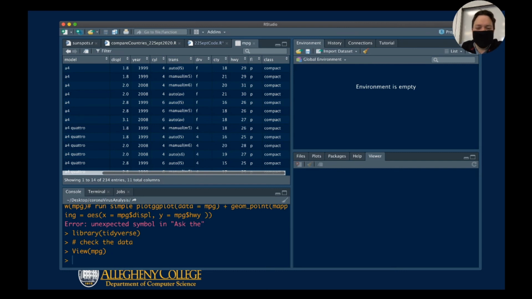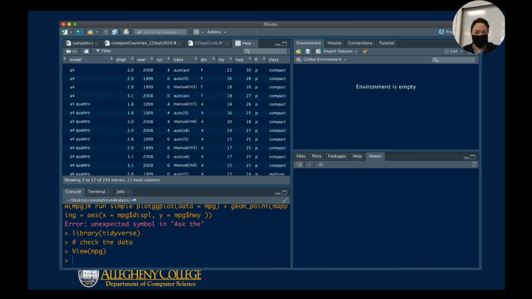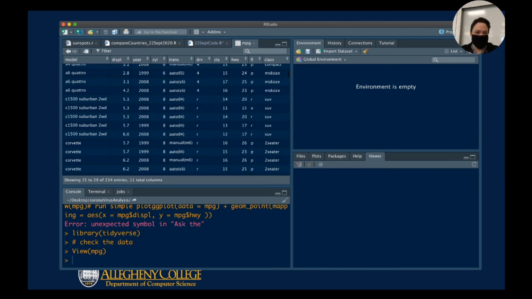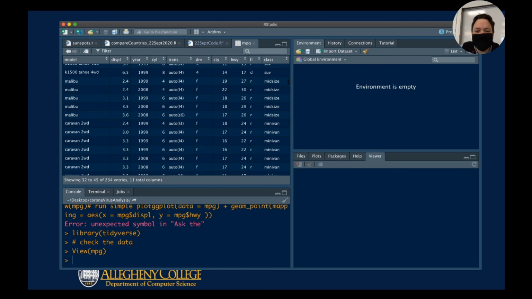I think that's an internal, or that's some kind of classification here. I should check it and see what that is. I've never actually used it. But then I have class, which is, these are all what they call compact cars. And if I move down, for instance, I can see that I have mid-sized cars, I have SUVs, a two-seater, minivans,